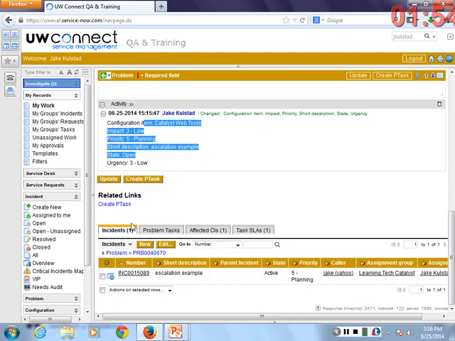You scroll down here, I can see some of the information that was copied over. And at the very bottom, I have a tab which lists the incidents that have been linked to this problem. Since I created a problem from an incident, it's automatically created that linkage. And what I might do is communicate to my team that I have a problem I'm tracking and give them the problem number and let them know if they run into an incident that matches that, they should link it